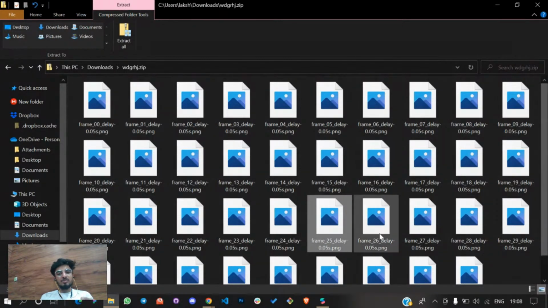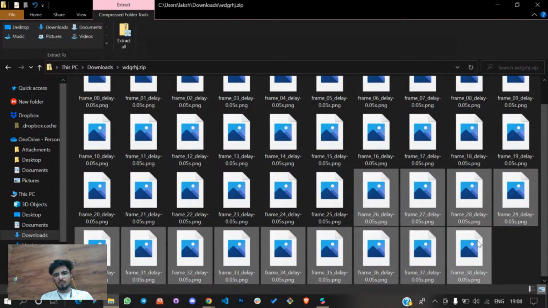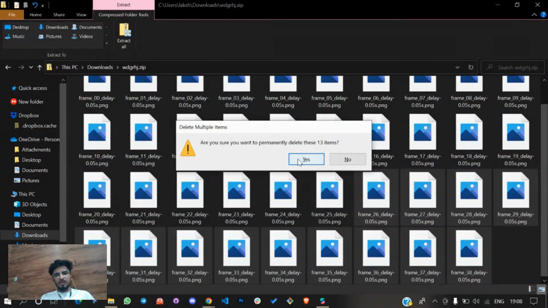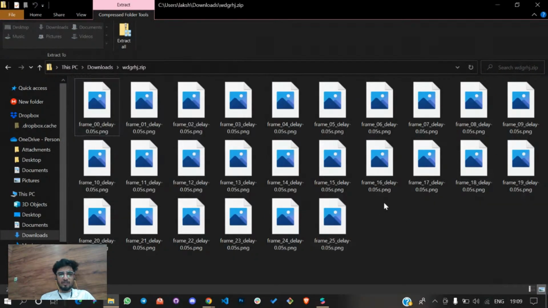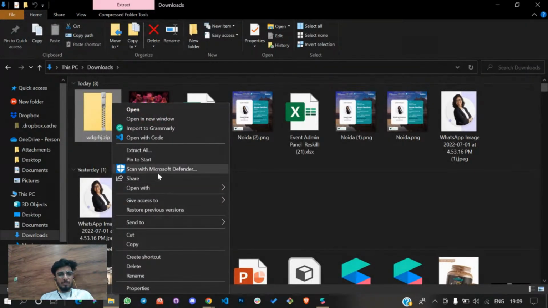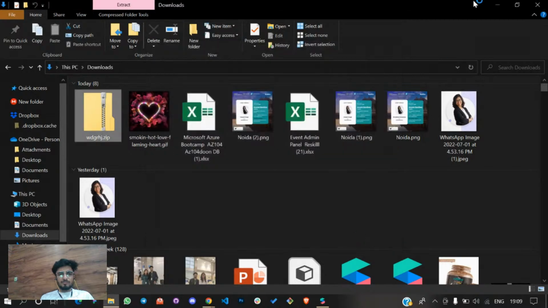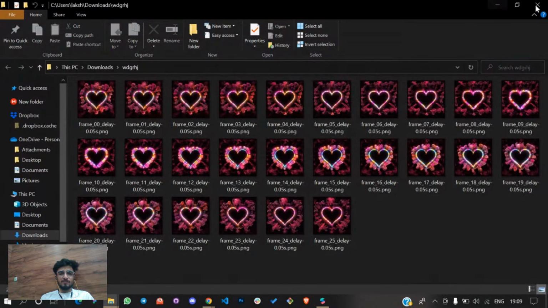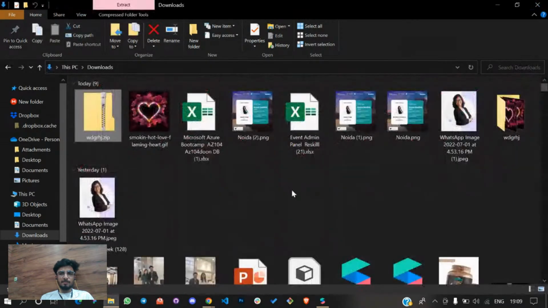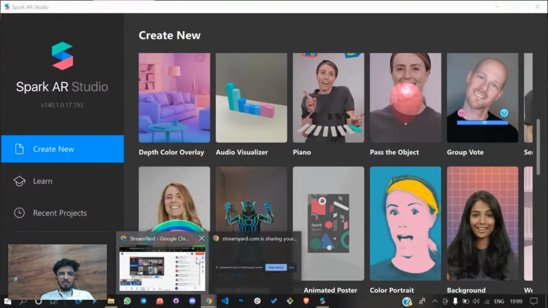After 25 frames, just ignore it. So I'm going to delete the extra frames and take only 25 frames, because that's the optimum size, since Spark AR has a limit that your filter shouldn't